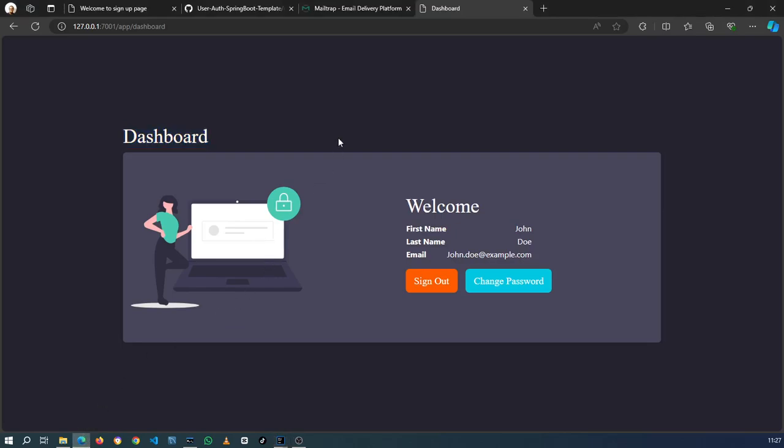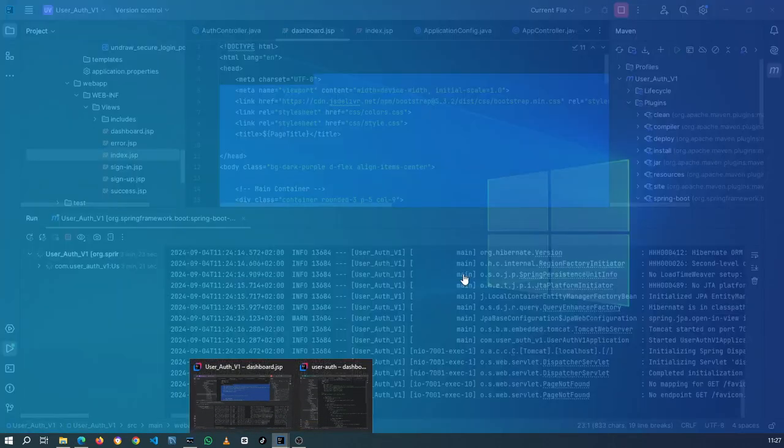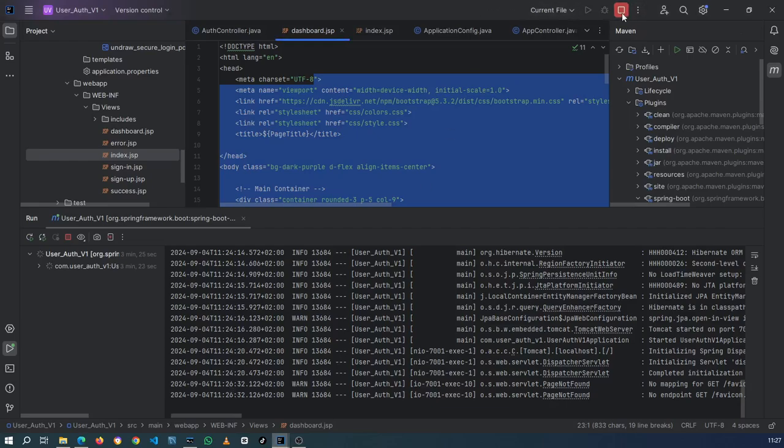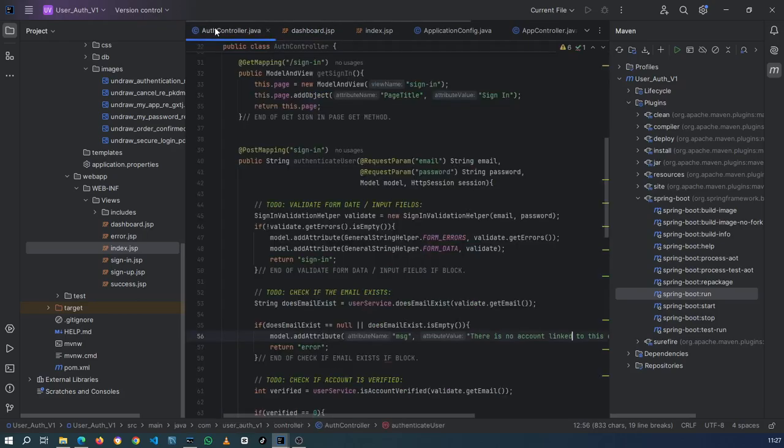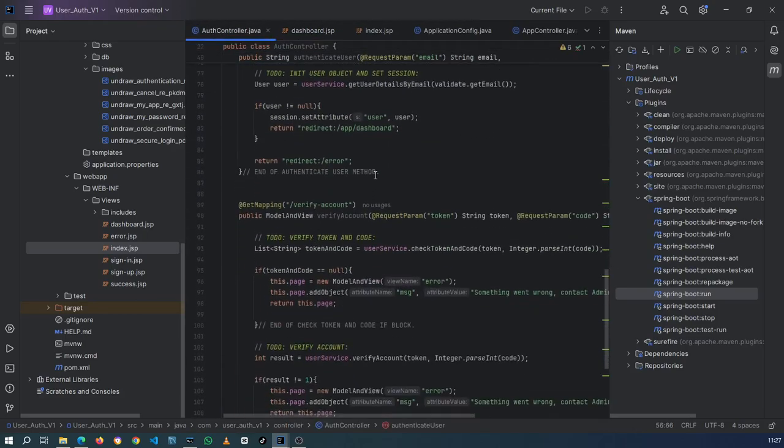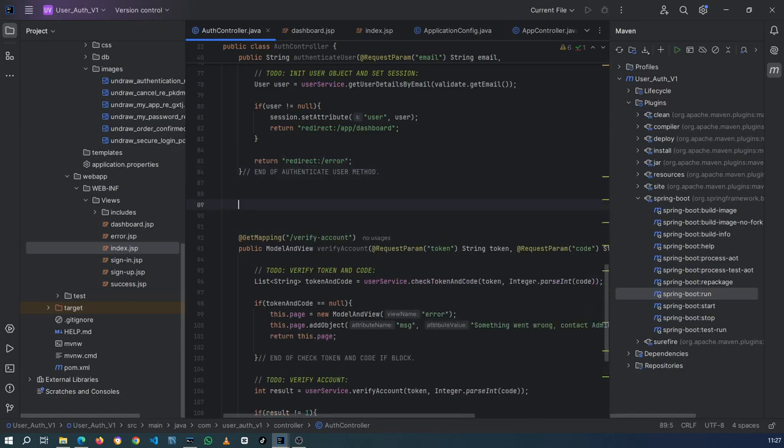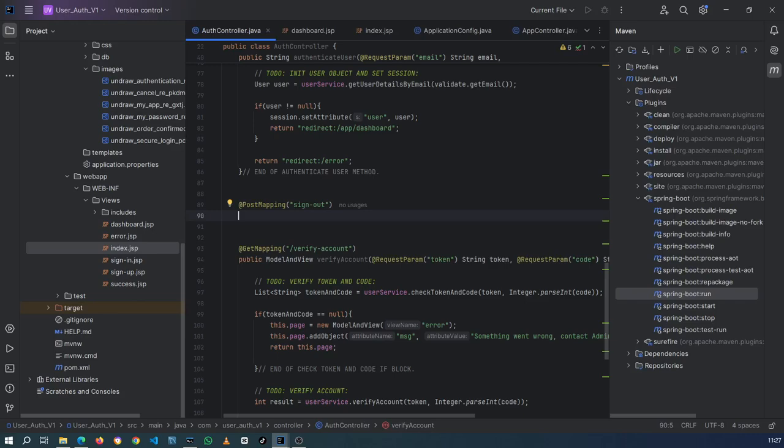In any case, I think that's it for the video. We can do one last thing here, which is the sign out button. Let me just close this. So here within auth, I'll create a method just after the authenticate one, and it's going to be a post mapping. This one I'll say sign out, and then I'm also going to say string,